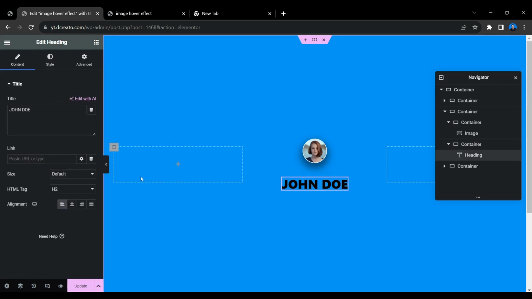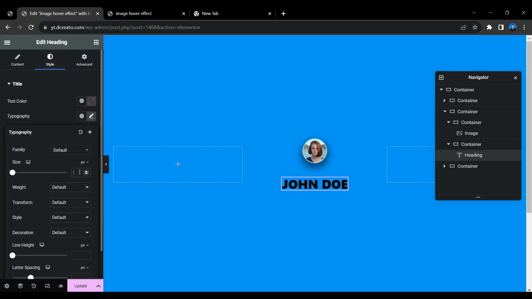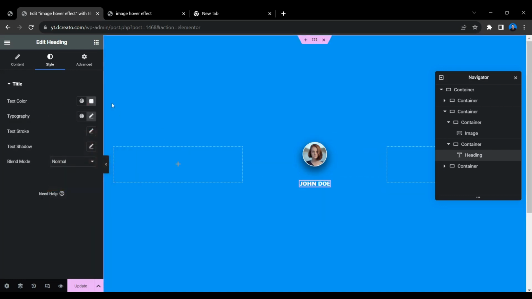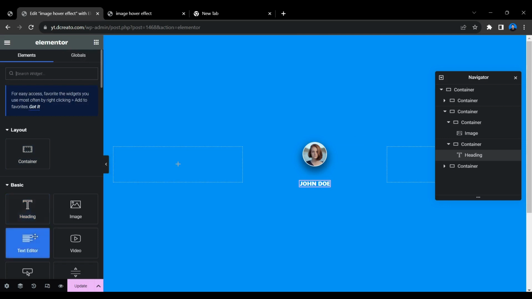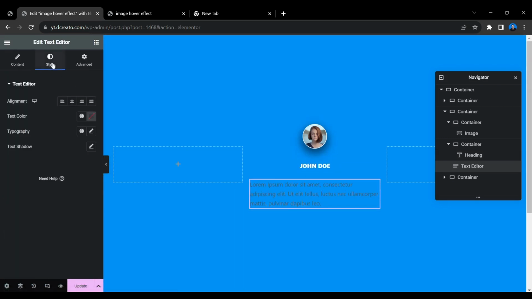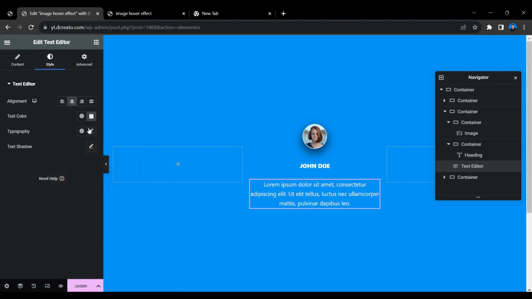So let's add this and click on this pen icon, click on the style tab, and for this typography I'm giving 60 pixel with the heading, and then the color will be white. And next I want to give the text editor, I mean paragraph. So let's add this here, and element to center, text color will be pure white with nice this effect,